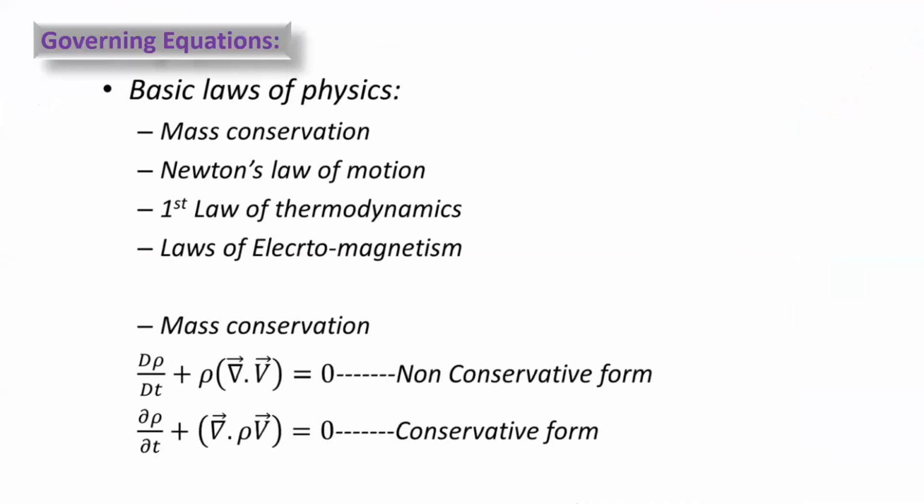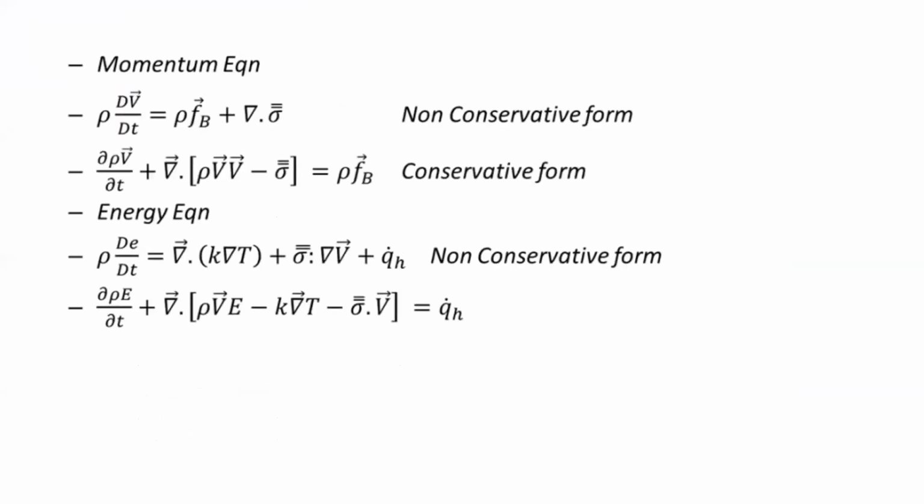As I mentioned, the governing equations are three types. Mass conservation, which is also known as continuity. Second one is momentum conservation equations, which is derived based on Newton's law of motion. Third one is energy conservation, which is derived based on the first law of thermodynamics. So we are not going into detail on the derivations and each term in the governing equation, but before we start any CFD software, we must know these are the equations that will be handled by the solver, and the equations are basically three-dimensional.